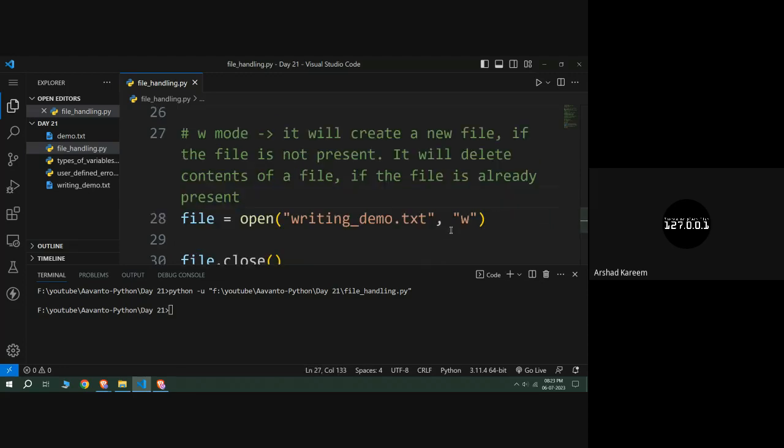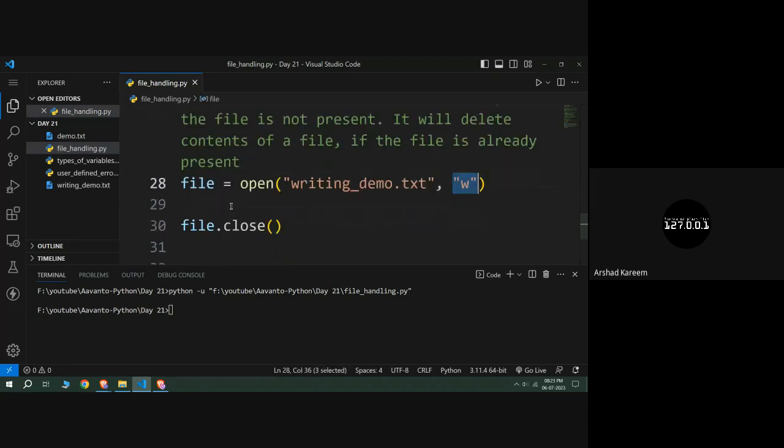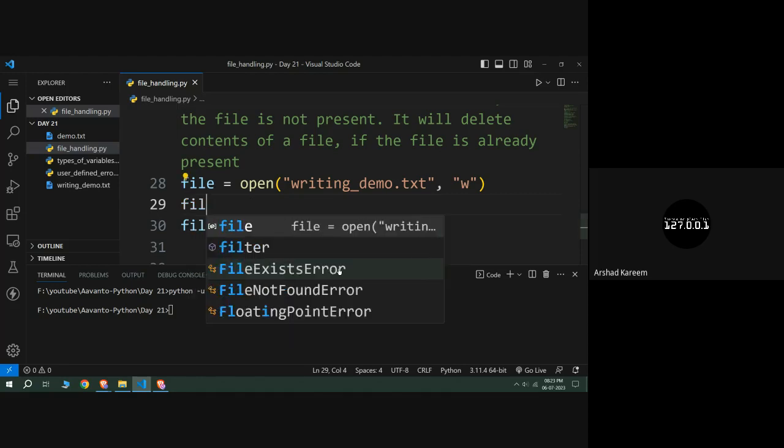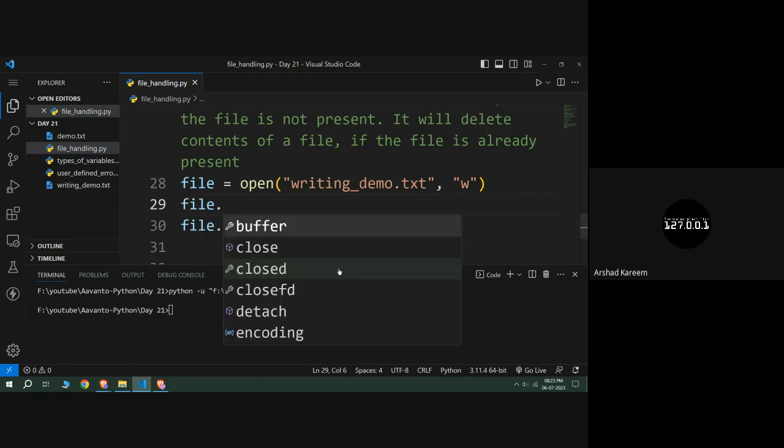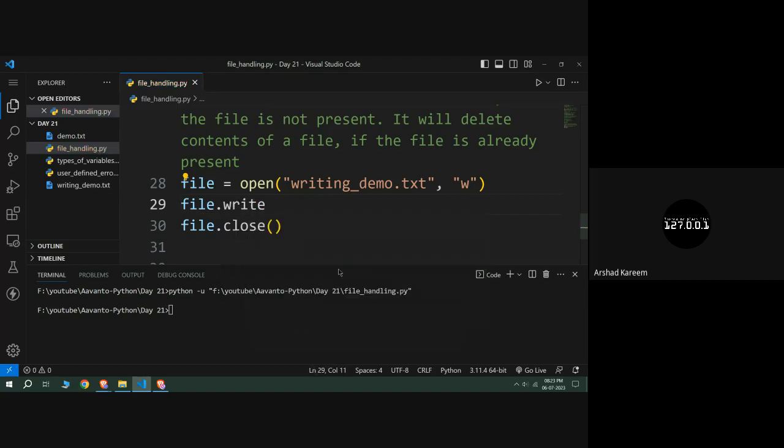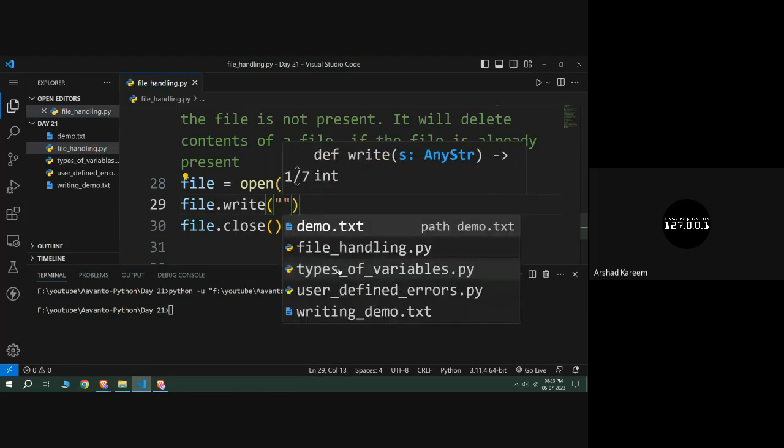And with the help of this write mode, you can write something into your actual file. Now you can write anything into your file. Of course it is again simple. First the variable name followed by a dot, and we call our function. For reading a file, we called a function called read. Now we need to write something into our file, so of course we need to call a function called write. Inside this write function, I am going to pass some data like hello,